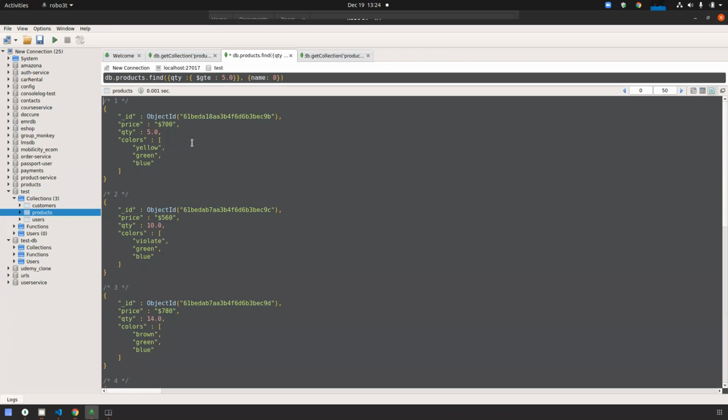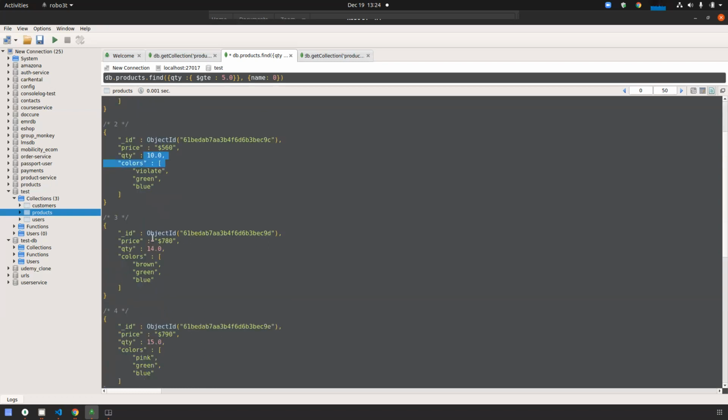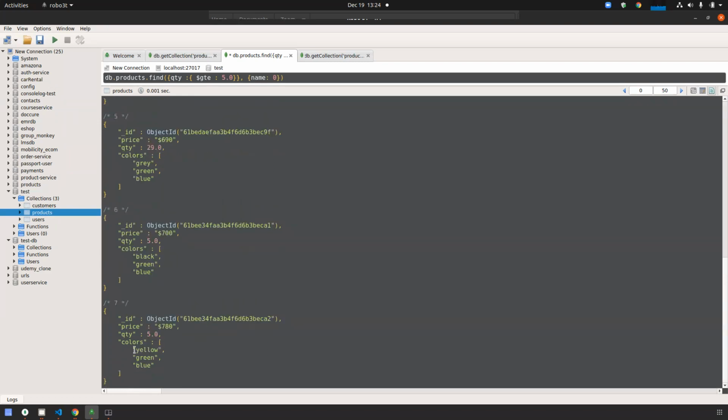GTE, LTE, GT, LT, EQ, these are the operators. Greater than or equal to 5.0 means records having 5 and more than 5. See now 5 also I got, 10, 14, 15, 29, 5, 5. We are not getting 3, 4, all those.